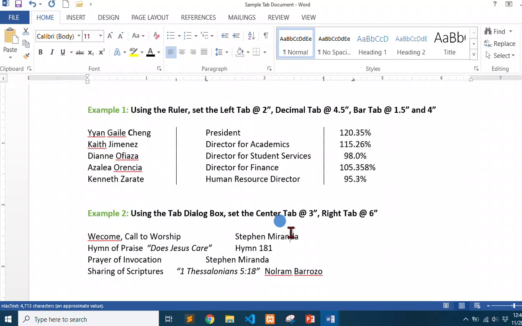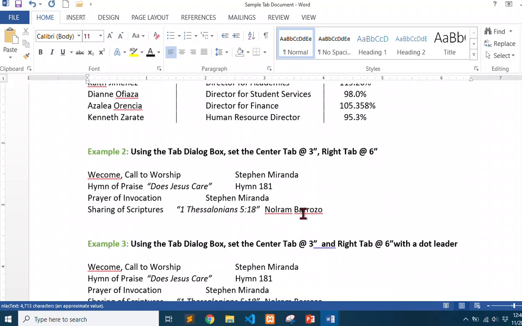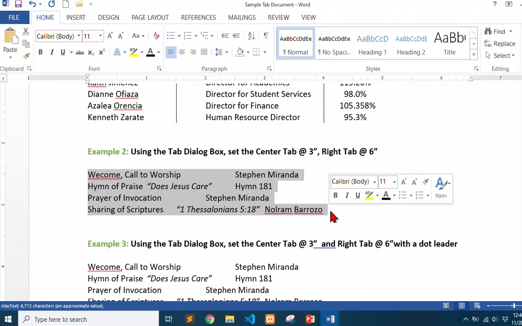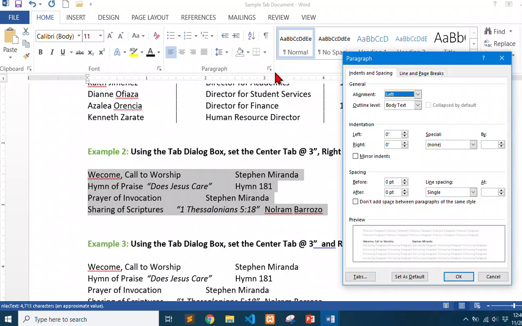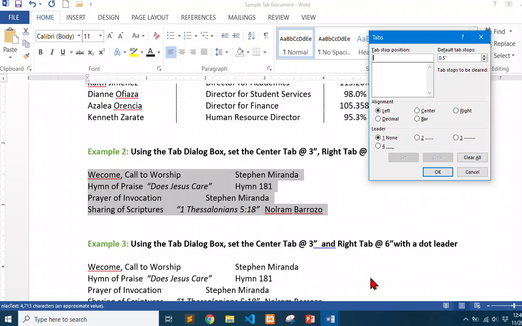In example 2, we're going to use the tab dialog box. I'm going to select the text and then click the dialog box launcher. Click the tabs button and then in the tab stop position, I'm going to type 3 inch.